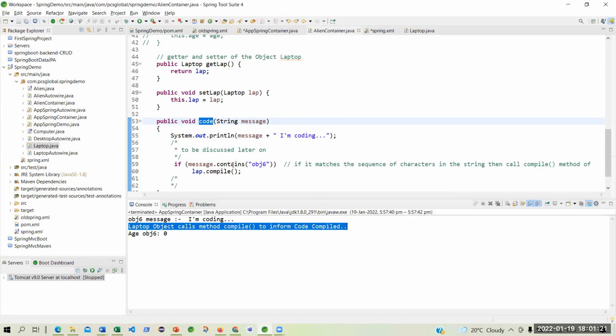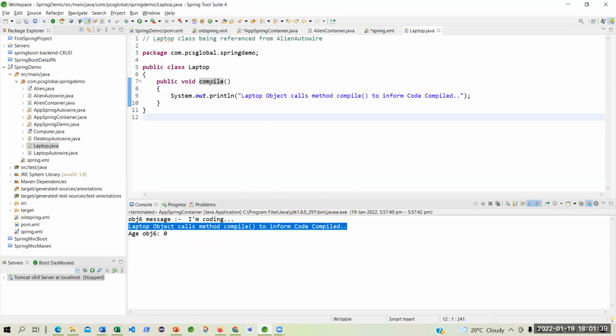See, because it matches, if message contains a word obj6, if it is true, then only you call the compile method of the lap object, which is nothing but laptop. So it will go there and execute the compile method, and the compile method gives you that message.